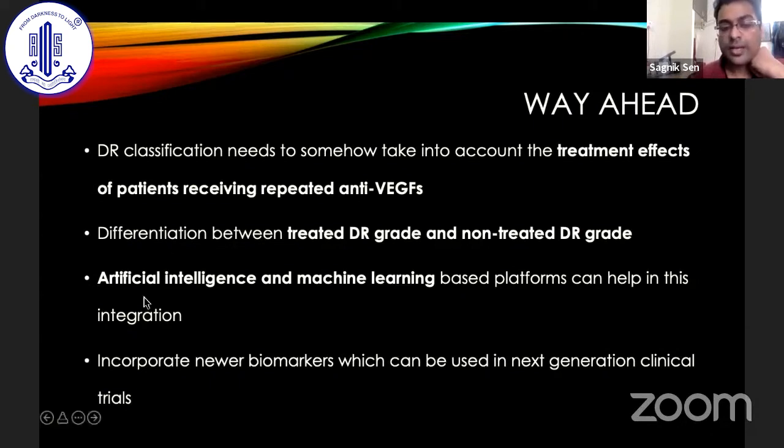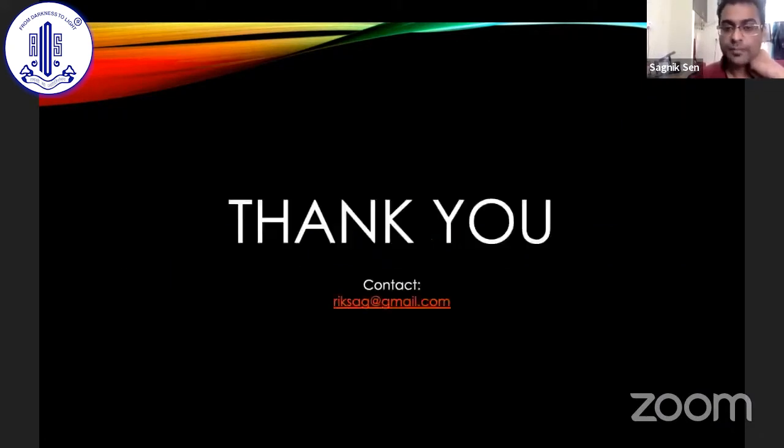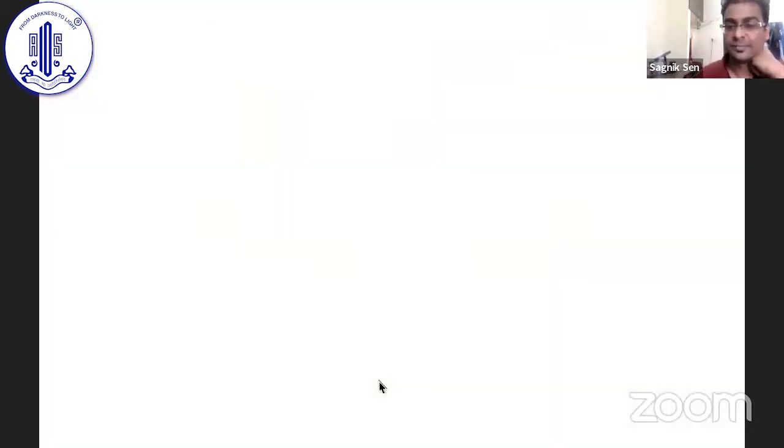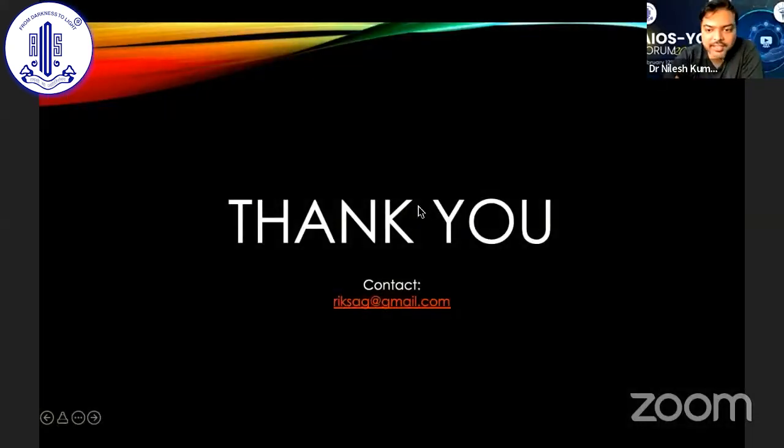DR classification needs to somehow take into account the treatment effects of patients receiving repeated anti-VEGFs. For example, if a patient has received anti-VEGF and has regressed to mild NPDR, this mild NPDR is not similar to an untreated mild NPDR patient. So we need to include that as well in the classification. So we need to differentiate between treated DR grade and non-treated DR grade. Again, in this endeavor, artificial intelligence and machine learning based platforms can help in the integration. And we need to finally